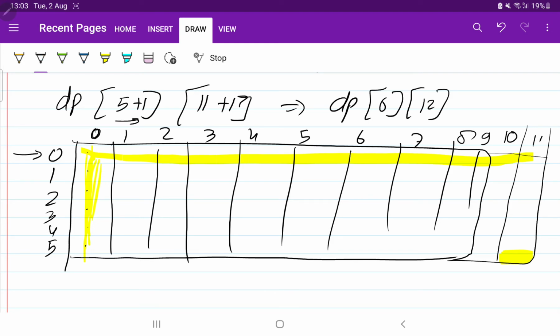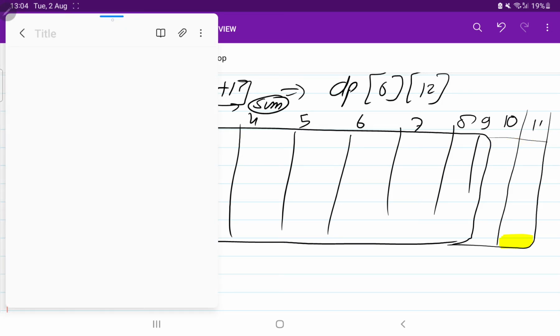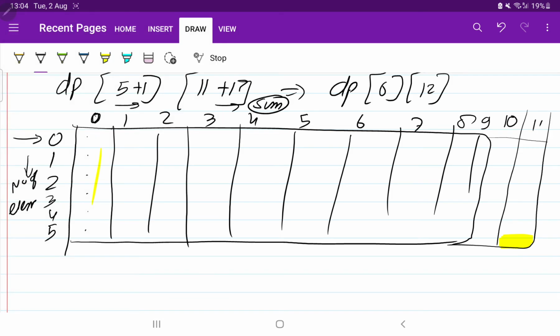Here we are writing sum. Okay, and here we are writing number of elements. So this column tells us, if you are going to take sum as 0 and number of elements as 0, is it possible? Just think of the solution. You want sum as 0 and there are no elements. Yes, if you take the null set, the sum will be 0. So it is possible. So you can write 1 here.